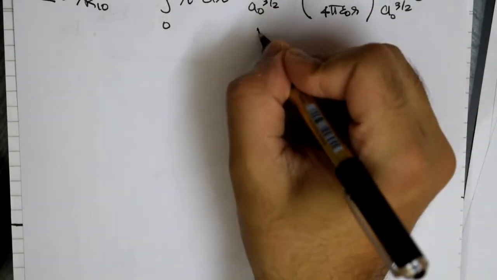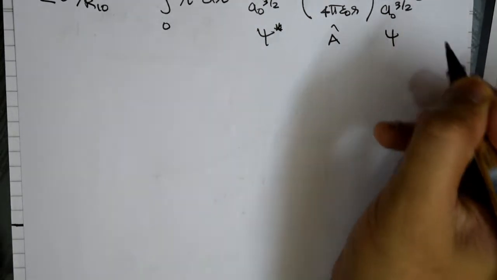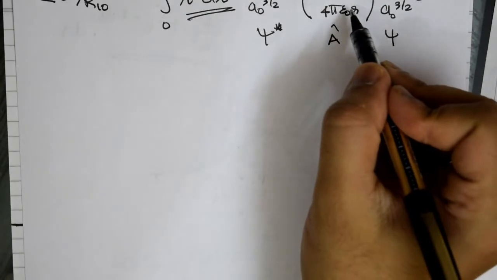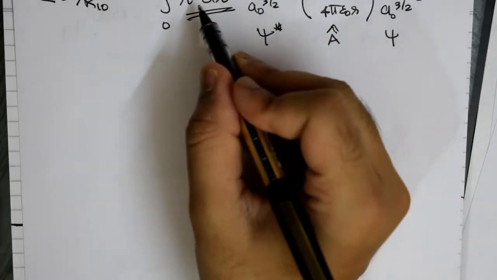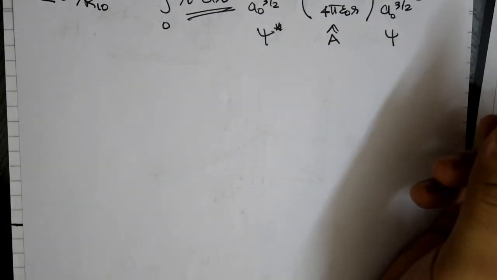Psi star, operator, psi d tau. Of course, I've written d tau up front. Be careful not to put the r in the middle. Luckily, this is just a multiplication function that makes your life easier, so you can do whatever you want. On the other hand, when you have a differential, for instance the kinetic energy, that might be a little tricky, so let's not go there right now.